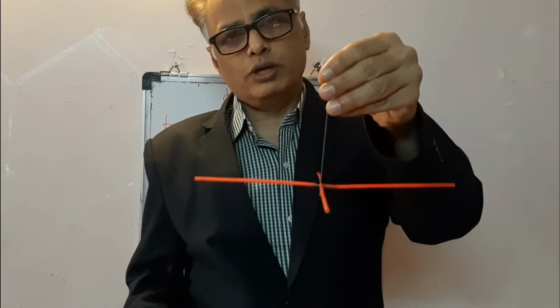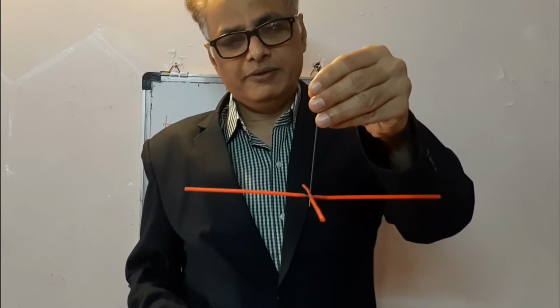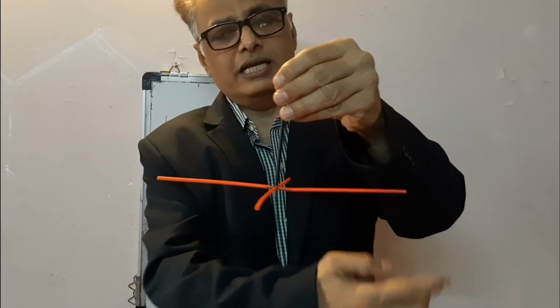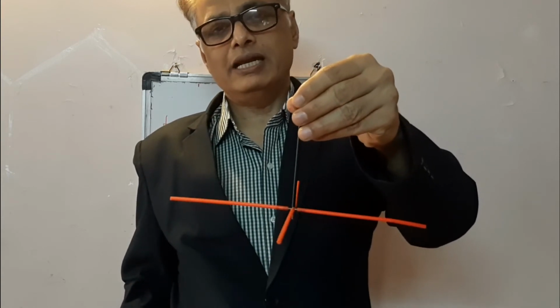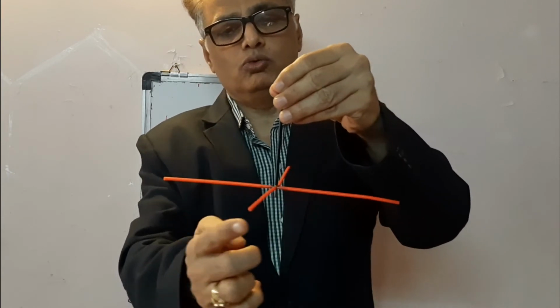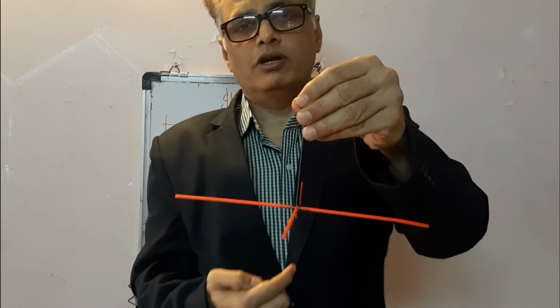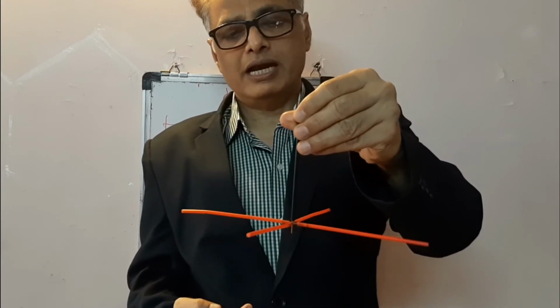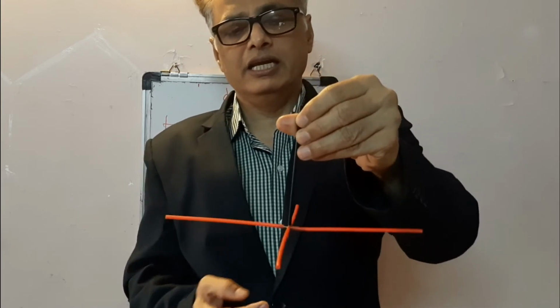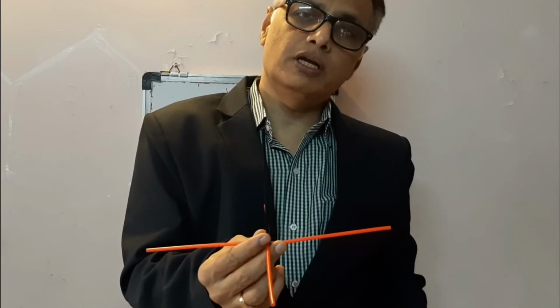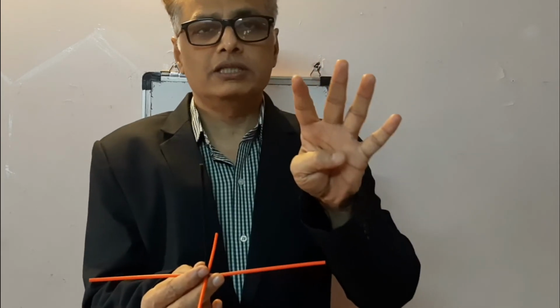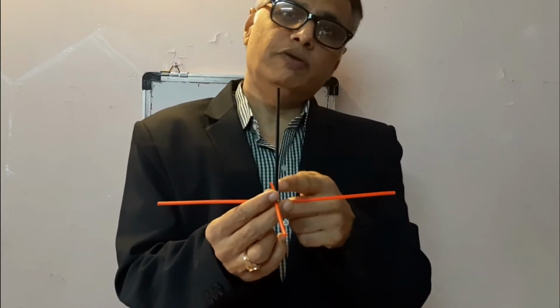Now if it is rotated by 90 degrees, this is Cl1, Cl2, Cl3 and Cl4. If it is rotated by 90 degrees, then 1 is shifted to 2, 2 to 3, 3 to 4 and 4 to 1. Another 3 rotations by 90 degrees bring the molecule into original configuration. So a total of 4 rotations by 90 degrees are required to get original configuration. So this is called C4 axis.